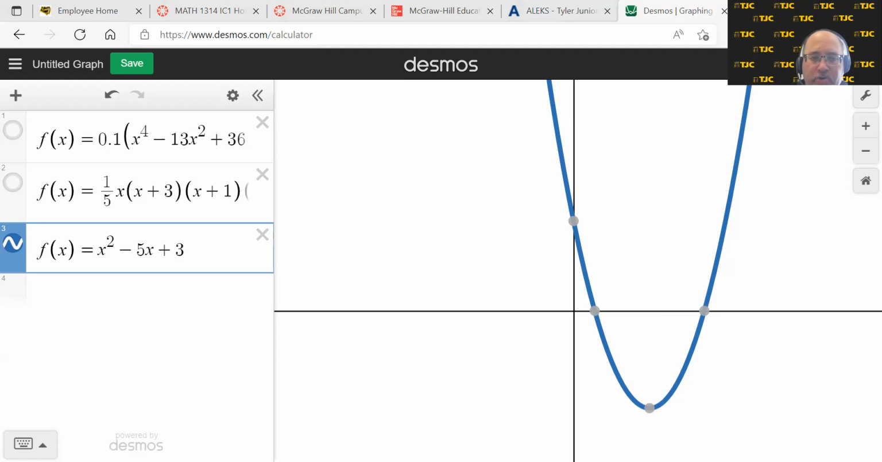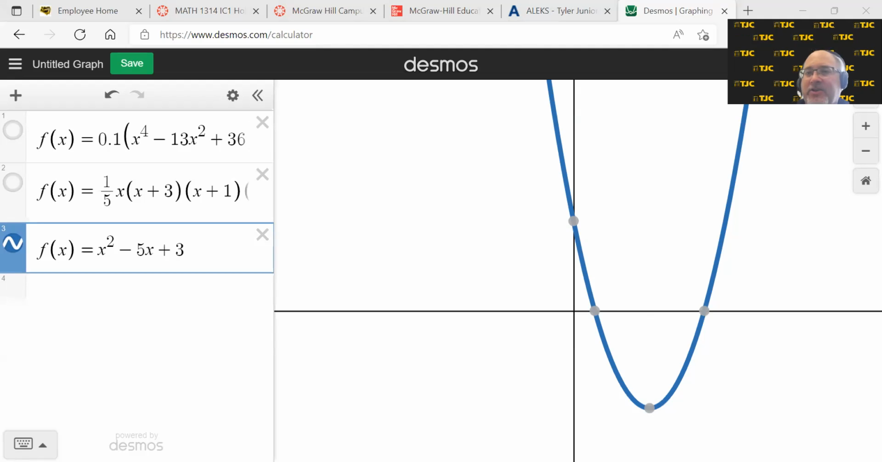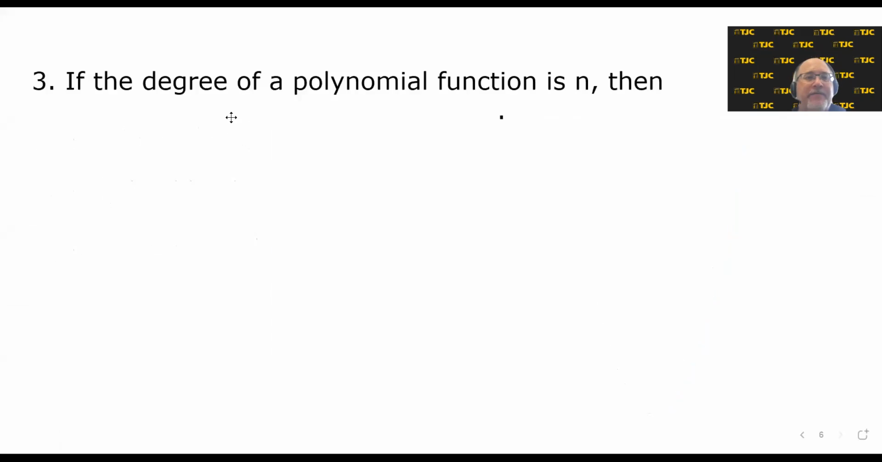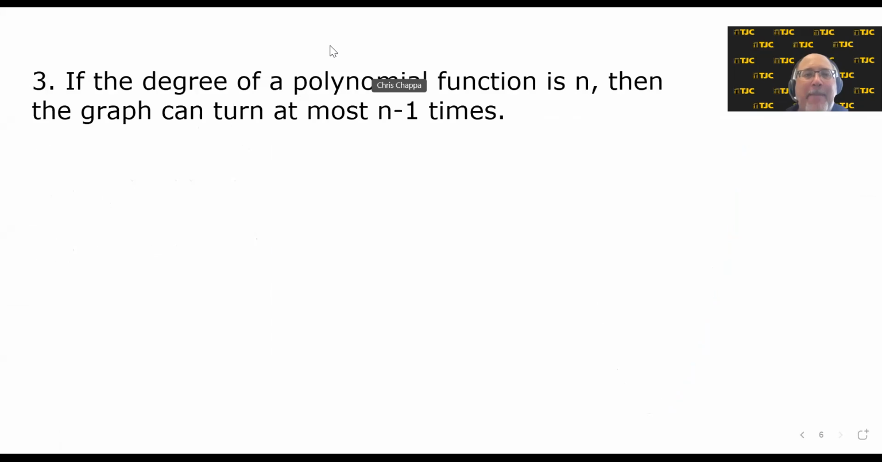I'm going to go ahead and show you what the statement says, but then show you why it doesn't say it turns exactly that amount of times. If the degree of a polynomial function is n, then the graph can turn at most, emphasis on the phrase at most, n minus 1 times. So for example,